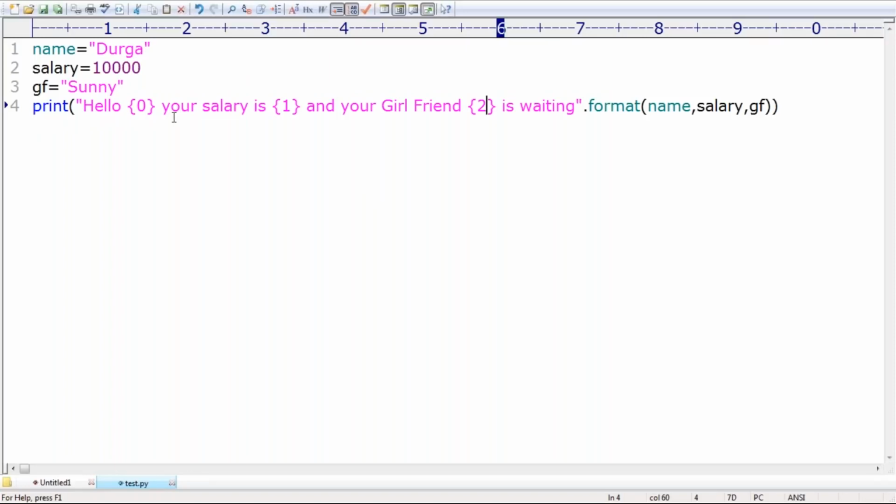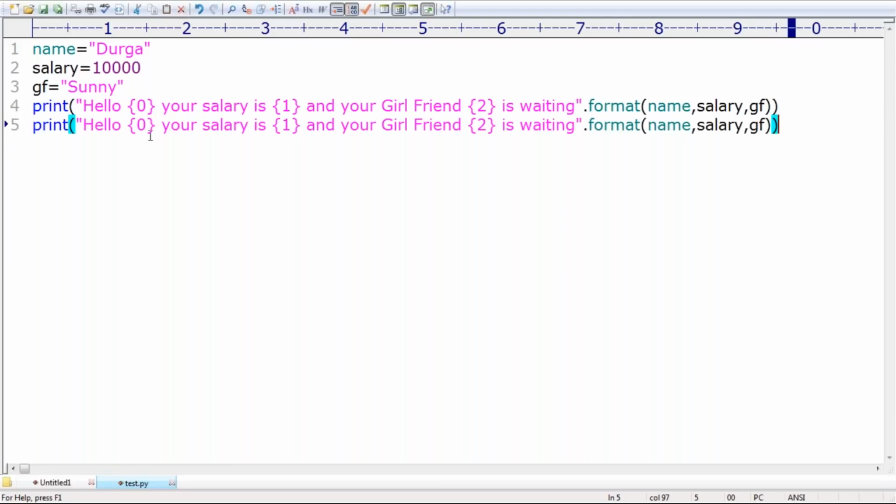Now my requirement is, if I remove this index, is it always going to consider it like this or not? One minute. Let me take the same example without this index. Is it going to consider the default index or not?